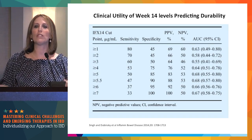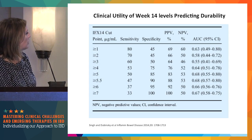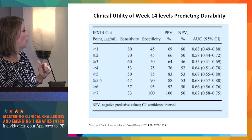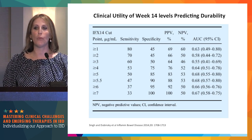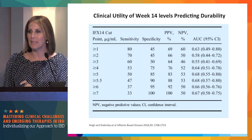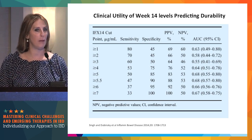We also looked at what drug level at week 14 gave you the best outcome of being more durable at week 54. Interestingly, the positive predictive value of being in remission, doing well at week 54 on the drug dosing you should have been started on, was if you had a level of at least 7 at week 14. So remember, a drug level post-induction may be very different than a drug level in maintenance and being stable. So don't confuse the fact that just achieving a drug level of 3.5 or 4, your patient may need more as